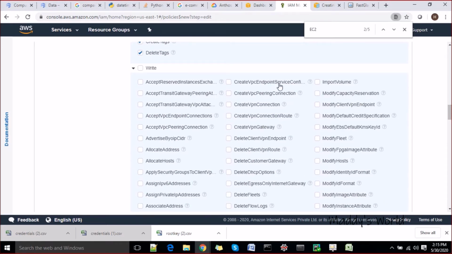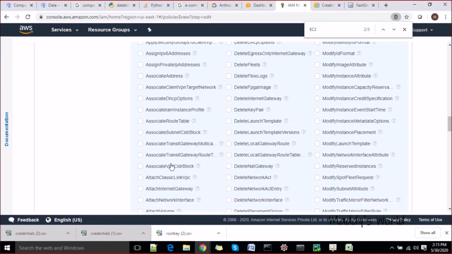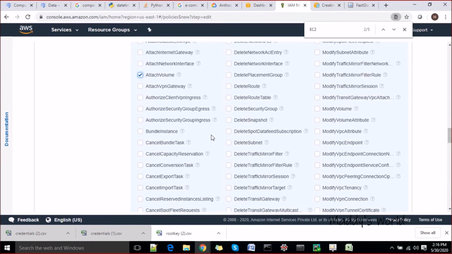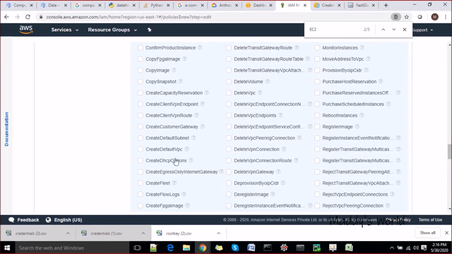I'm taking create import volume. See, create VPN connection. Allocate host. I'm taking going one by one, line by line. Let's say associate route table, I would say if needed. Attach volume, I would say yes. Copy image I will not take.